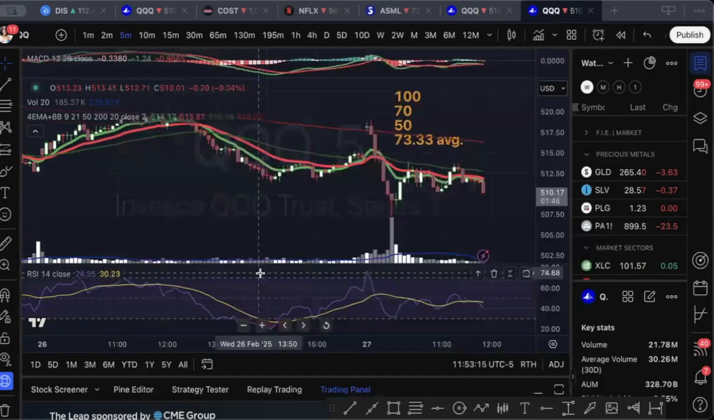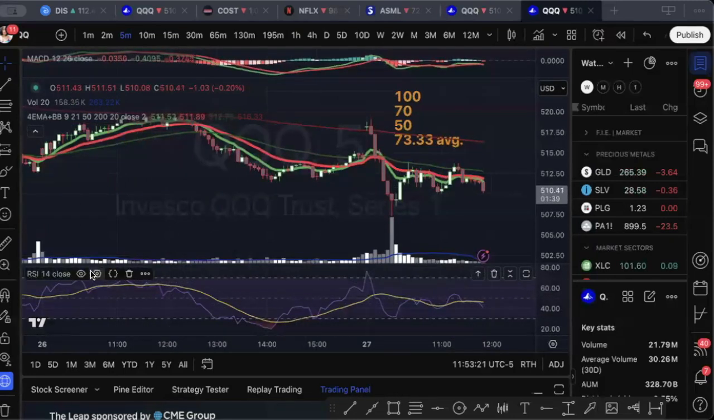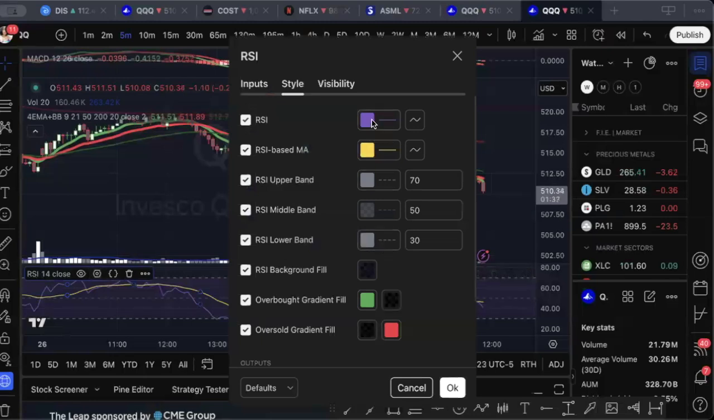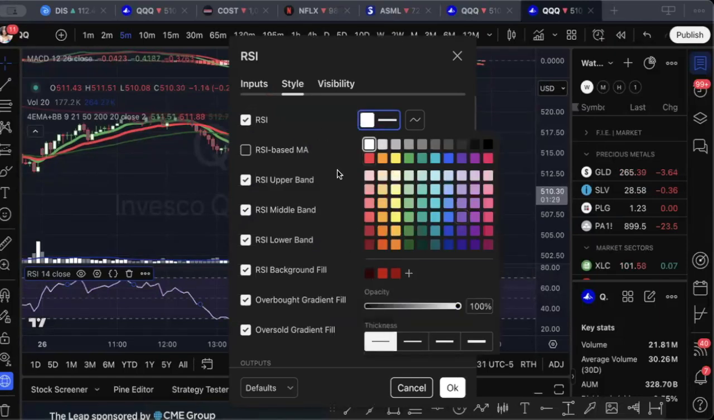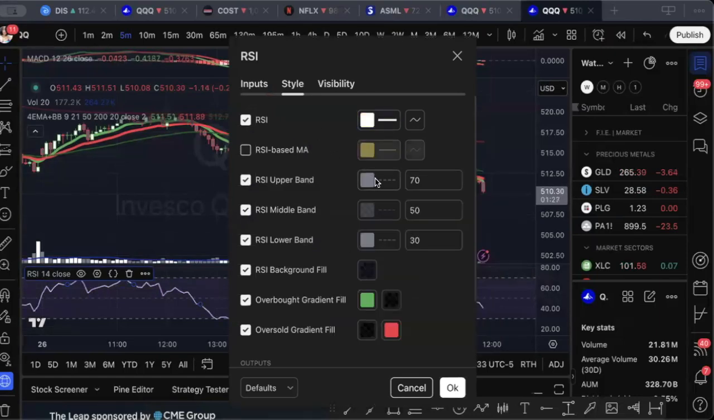Is the RSI. So just like everything else, you see the default colors on TradingView. Just like everything else, I'm going to go in here and change the colors, right? I don't need the RSI moving average on, personally. I just don't care to have it on there. I'll typically turn that white. I'll turn the upper bands